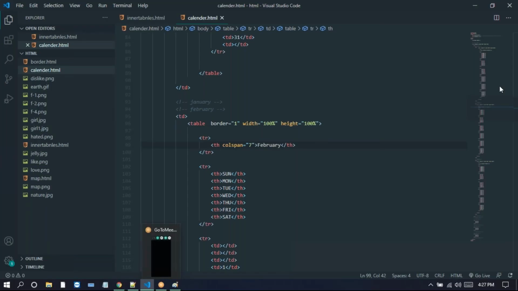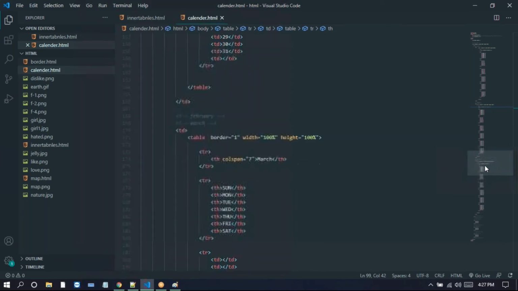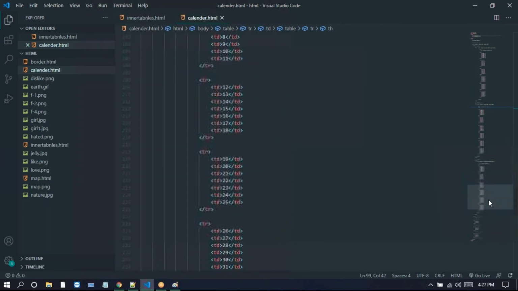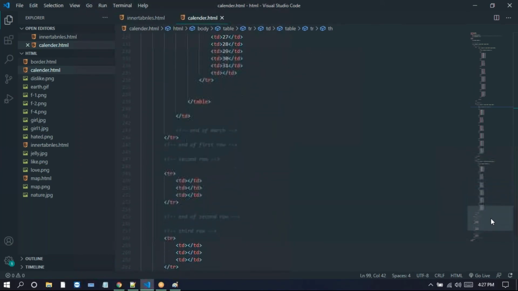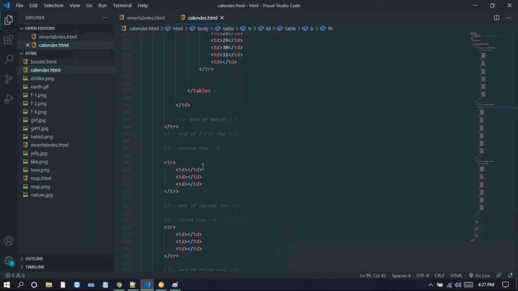For the second row, we have April. So I'm taking the April here, the end of this April. End of April. Now for this April, we just copy this, and here you can go for